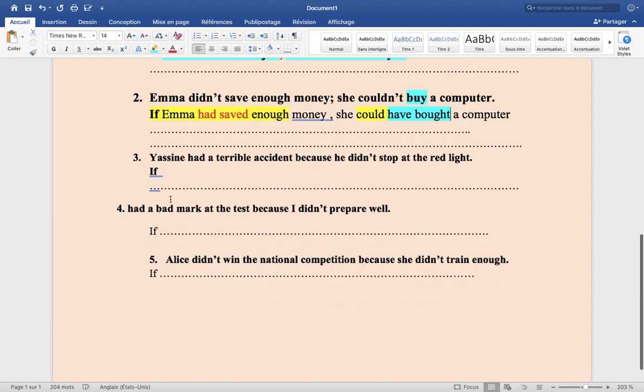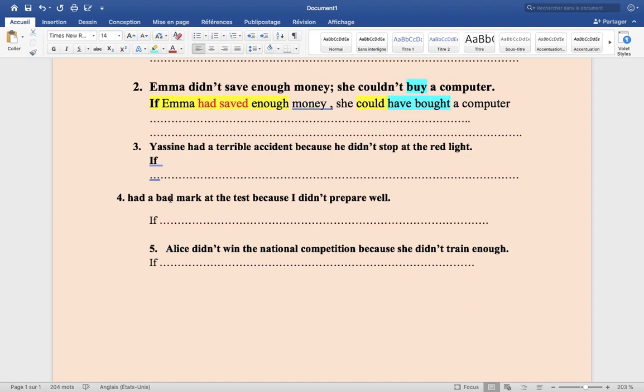So number three, we have: Yassin had a terrible accident because he didn't stop at the red light. Okay, we're gonna imagine this situation. We can say, if Yassin had stopped. We double the consonant here and add ed. If Yassin had stopped at the red light,